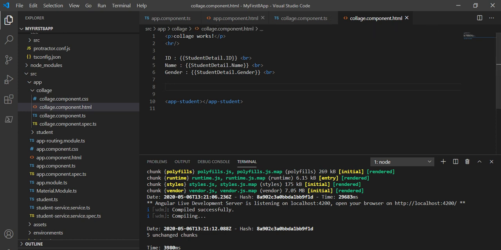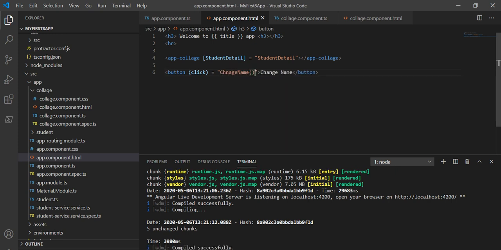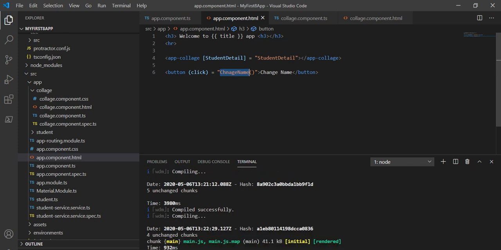So let's take a button in the app.component.html file. Here I will take one button and write "change name", and here I will attach a click event, and I will write the function name as changeName. Now I will give the definition of changeName in the app.component.ts file.